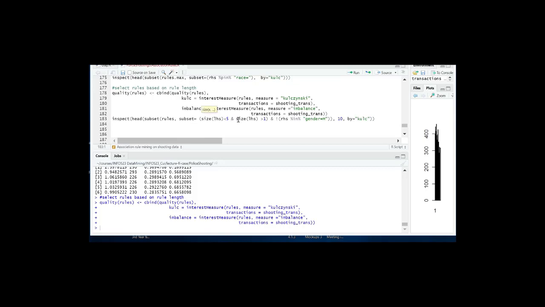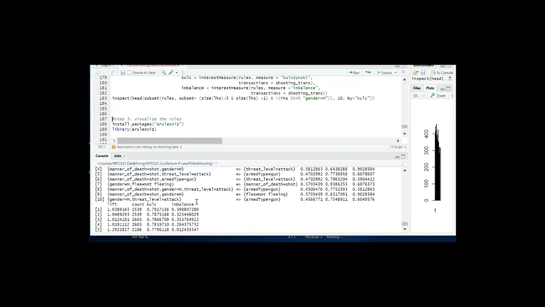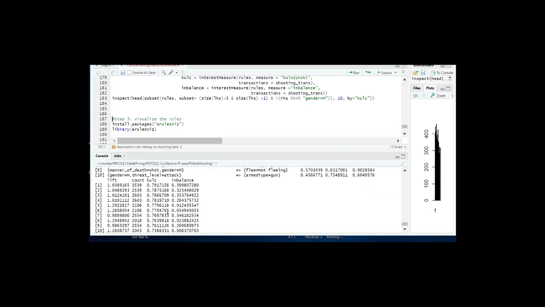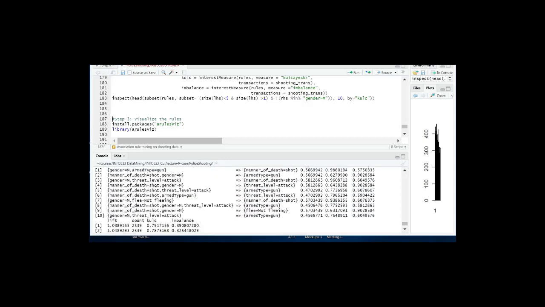So I want the left hand side item count to be between 2 and 4. Okay, so let me inspect that. It's going to give us a few more rules that have stronger Koh values.